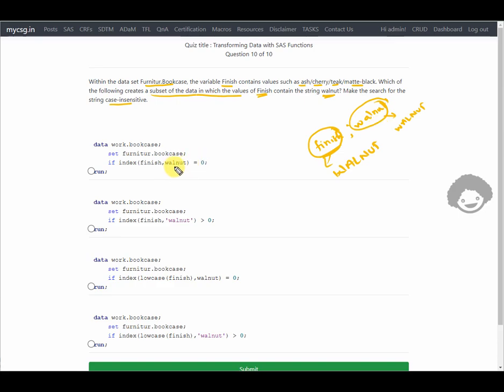In the first option, we see finish is being used, the index function is being used, and walnut is specified, but no quotes are specified. So this assumes that we are searching for the value present in the walnut variable in the finish variable, but we do not have a variable walnut in the input data. We are looking for the explicit string walnut, so we need to specify it in quotes. Quotes are not present here. Similarly, on the third option, we do not have the quotes present. So here we have quotes present for the string. In the second option,